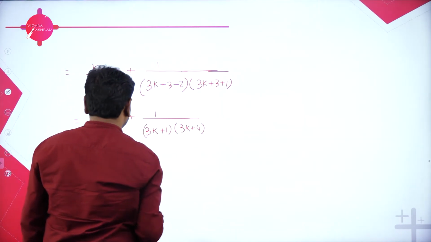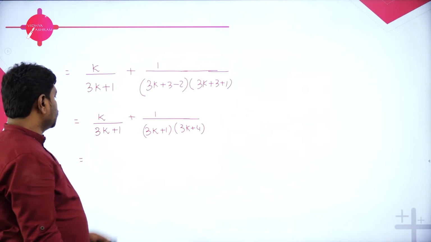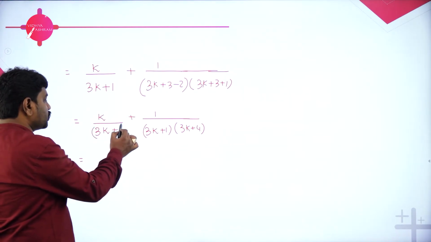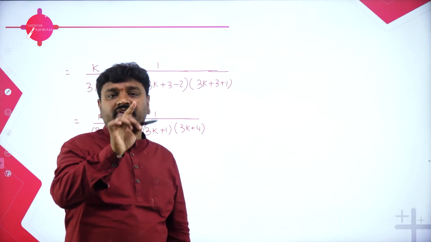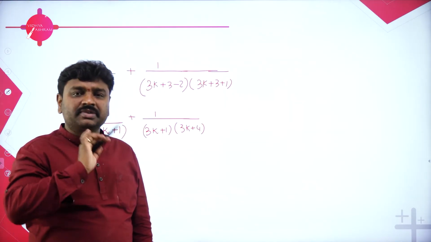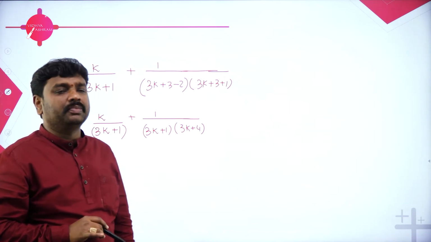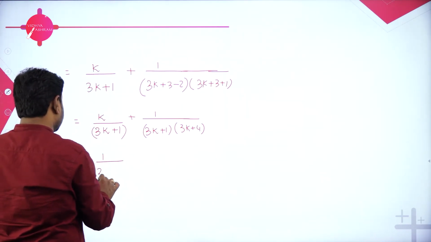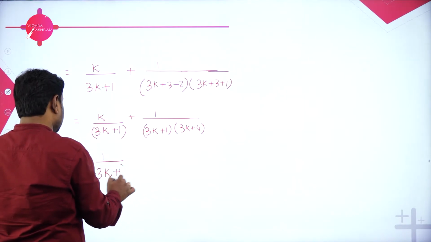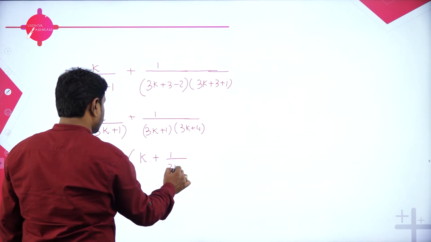So dear students, now we need to simplify this. In these two, you can observe 3k plus 1 is common. First, always before you simplify, see to it if any term is common. If any term is common, first your task is to take common, then only if you simplify, the problem becomes easier. Now in these two, I can see 3k plus 1 in denominator is common, take it out. So you are left out with k plus 1 by 3k plus 4.